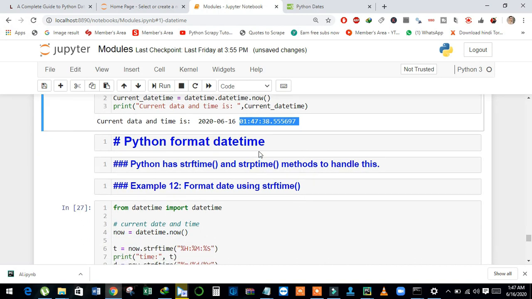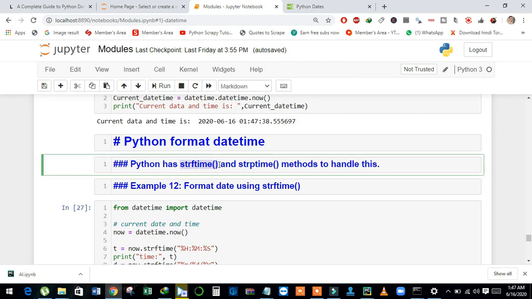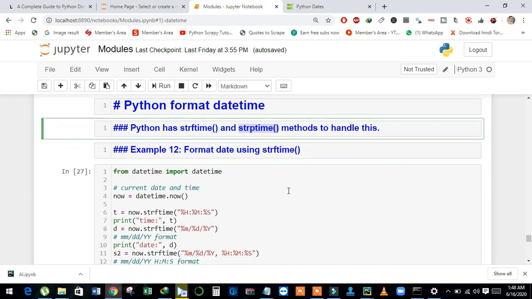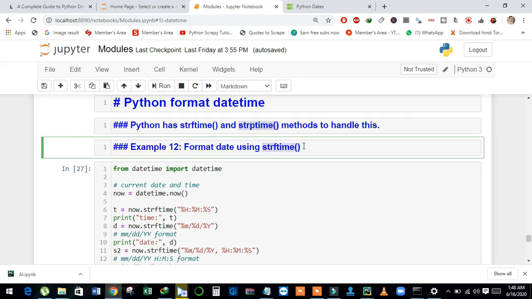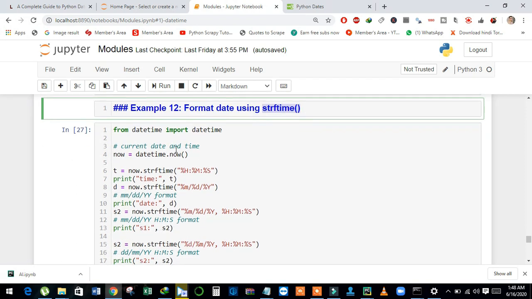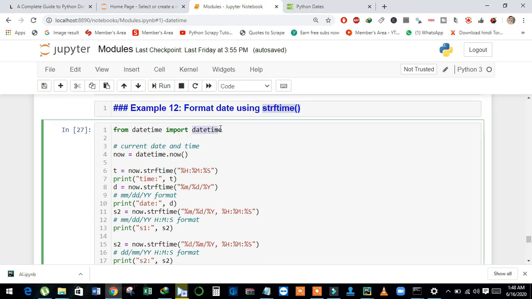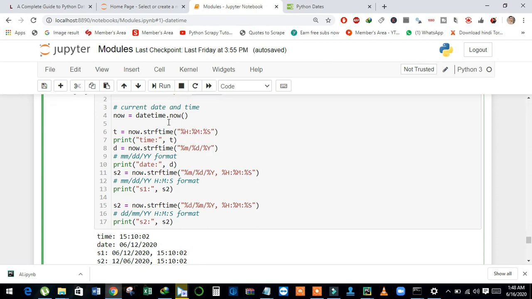Now we will discuss different formats of datetime. We have strftime and strptime, two methods to handle formatting of datetime. First we will discuss strftime. And see here I just imported datetime from the datetime module, and then I will fetch date and time using datetime.now and stored it in now.